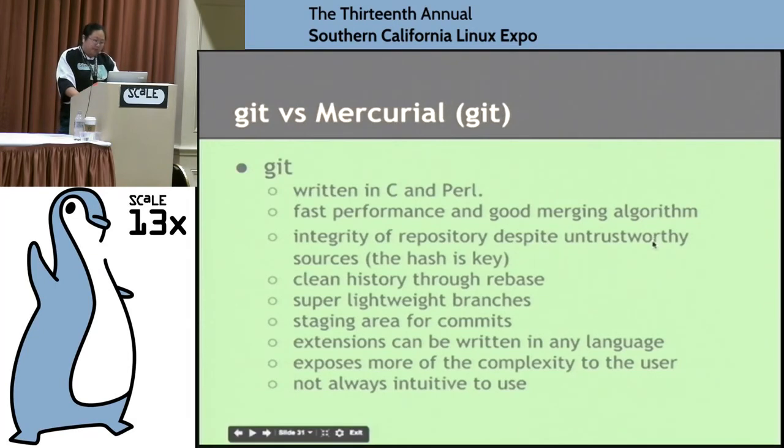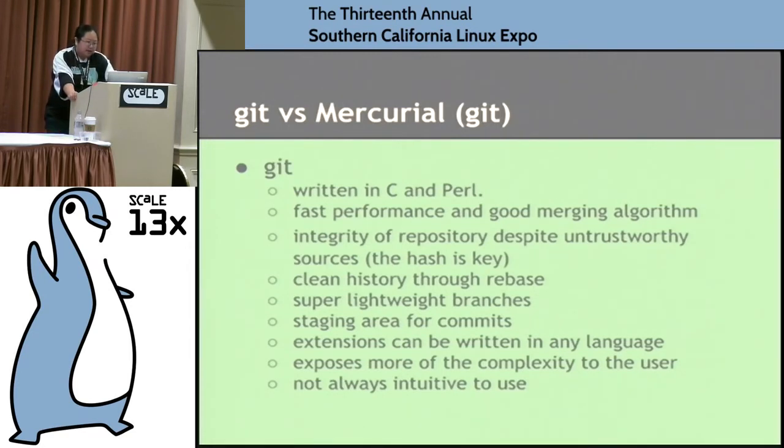The other thing that Git has is a staging area for commits, and this is something that a lot of people don't like because they're like, why are you making me tell you what to commit? Why don't you just commit everything I've changed? And the staging area for commits is actually something I really like because I like to make a lot of changes sometimes, but because I want the ability to back out of a change, I want to be able to say, okay, the changes to this file, let's make it one commit. The changes to this file, let's make another commit. And then if I ever wanted to revert, I only have to revert one of the change sets, and I don't have to deal with the mess of undoing everything because I was able to break up all my commits.